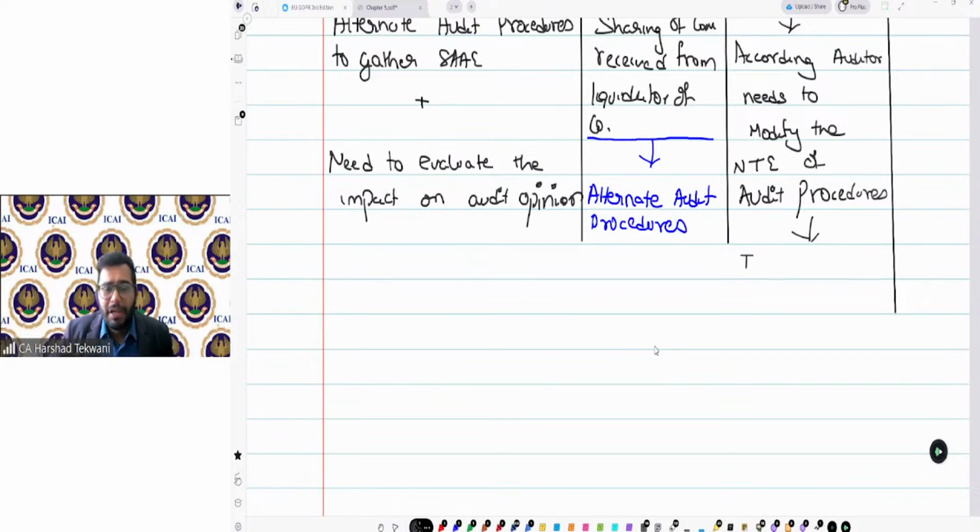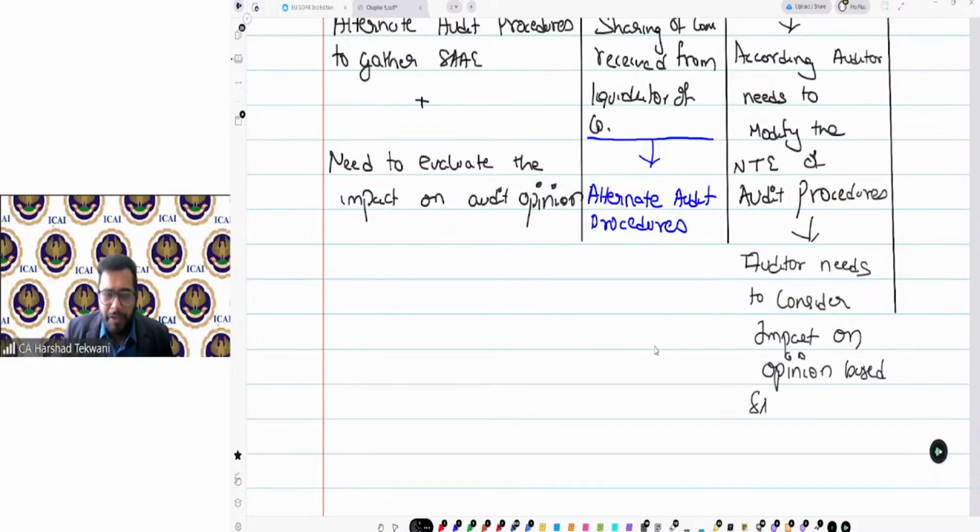Then the auditor needs to consider the impact on opinion, based on the sufficient and appropriate audit evidence gathered from alternative audit procedures.